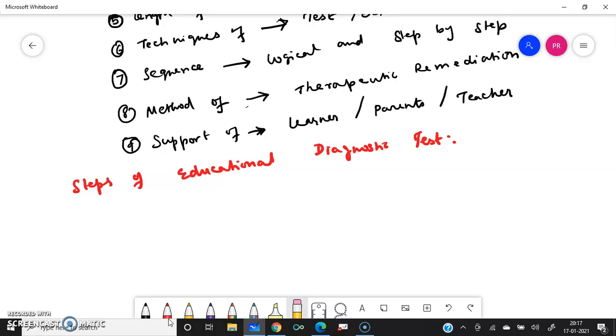For that, constant observation of the pupil. During the classroom you can observe them, or when they write the classwork. Or with continuous tests, you can see the particular type of error the student is making. Then analysis of performance, avoiding assignments. Maybe the student is not doing the assignment at all because that student is unable to do it. That is the reason. Or sometimes he may copy from his friends. That is also a problem, right?